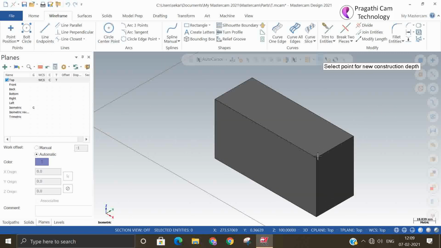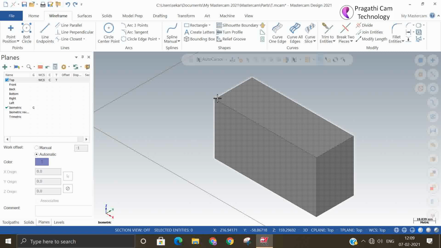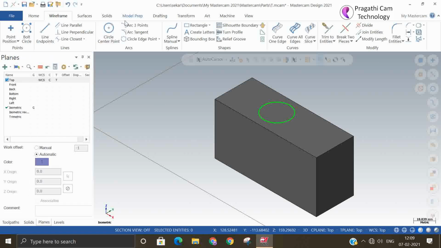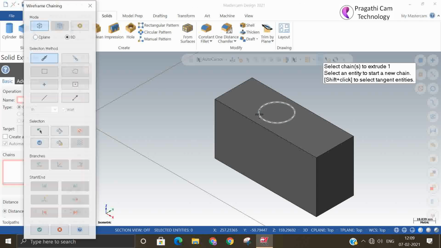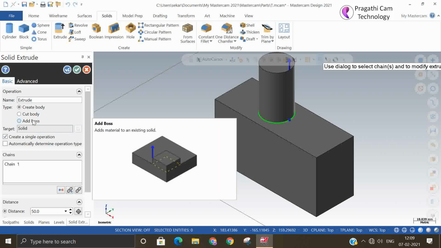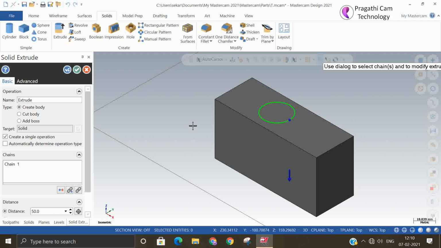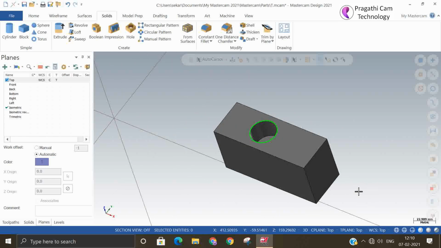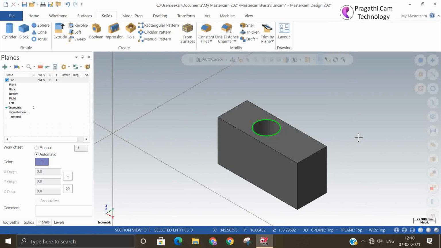Keep change my z. Now I'll make one more small solid and extrude. I'll say cut option. Through all we make it, or otherwise a particular depth you want. So like this blind hole I made it. Now how will you position this component 0?